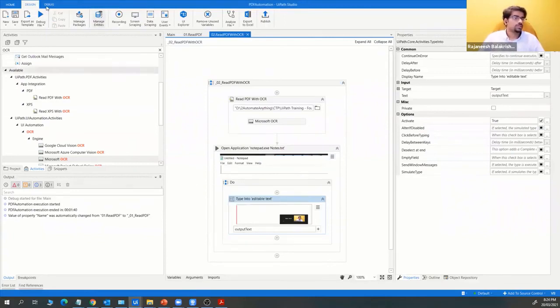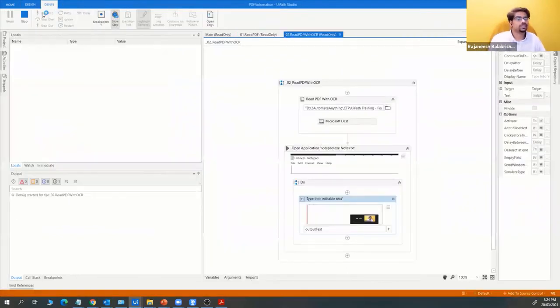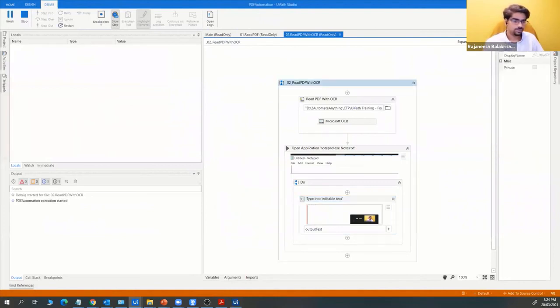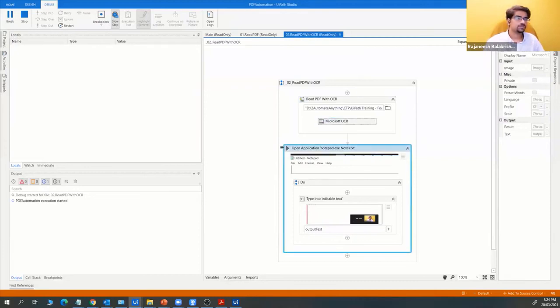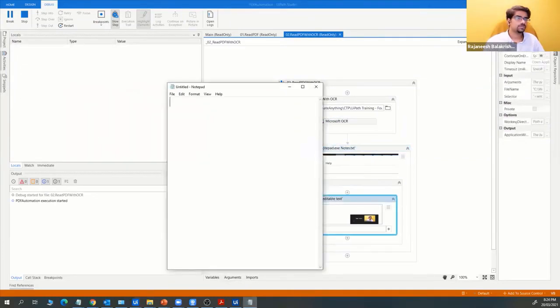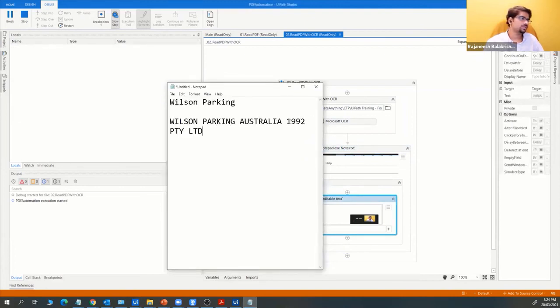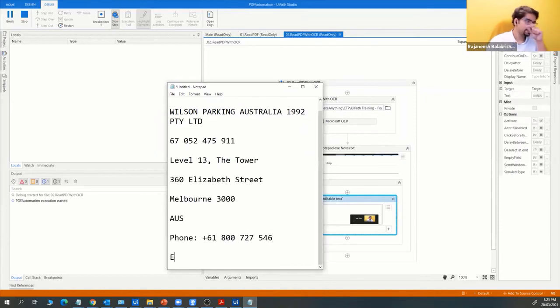Okay, so let me run the program and see how it goes with the Microsoft OCR engine. See, it opened a Notepad. Now it is typing letter by letter, and I did not expect this.